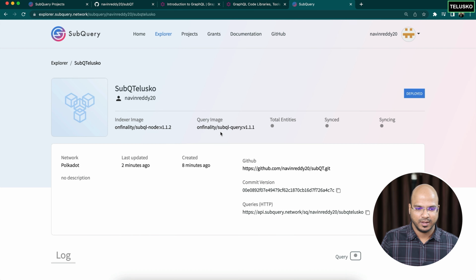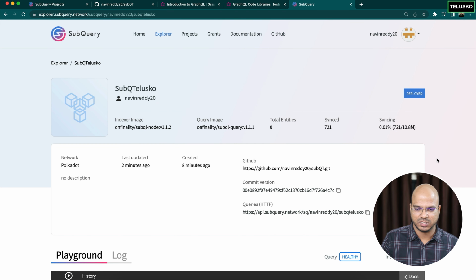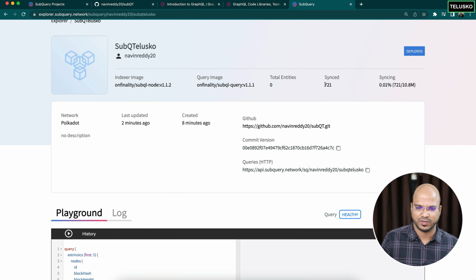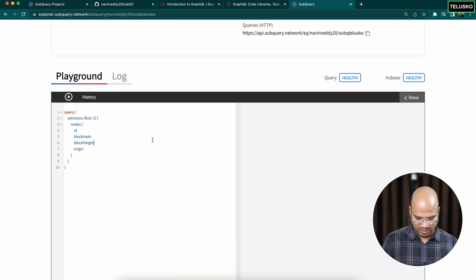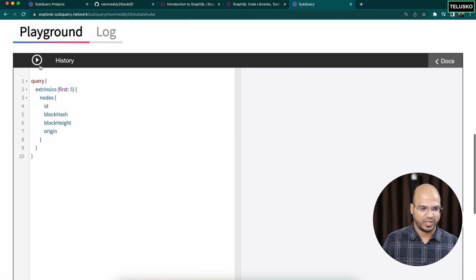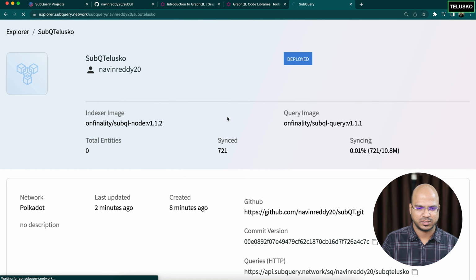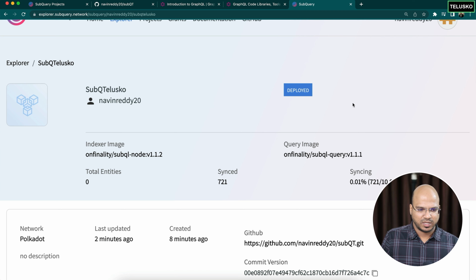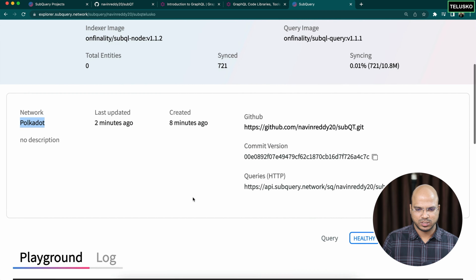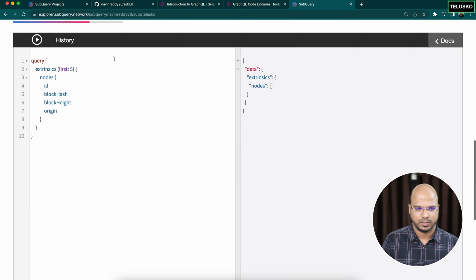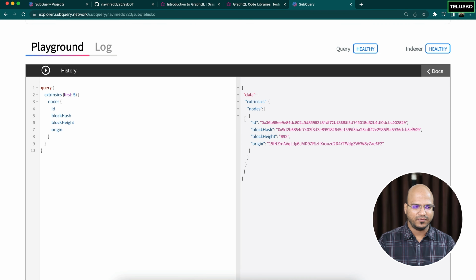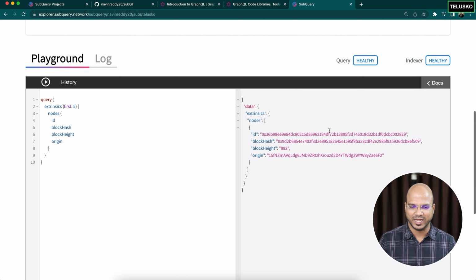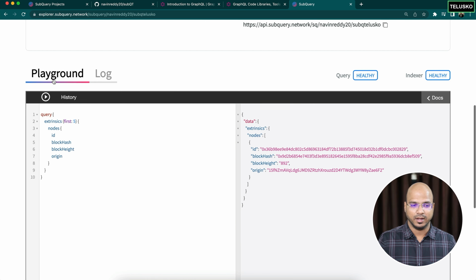So click on that and you can see it has just started indexing, the first few files already indexed. 721 files have been indexed. Oh, that's not MB, that's actually millions of things. My bad. And now this is the query available. Now if I run this query, let's see how many files we get. As of now, it's empty. Let it do at least some indexing. So basically the project is deployed. The network is Polkadot. It is doing the indexing and it's taking some time. Okay, so finally we got our first file. Of course, if you wait for more time, it will give you the files or the results which you're expecting.